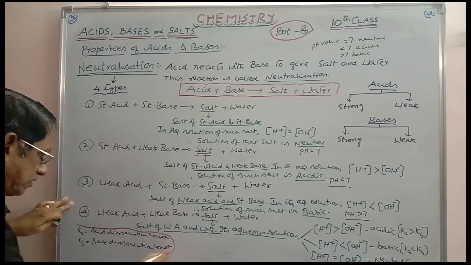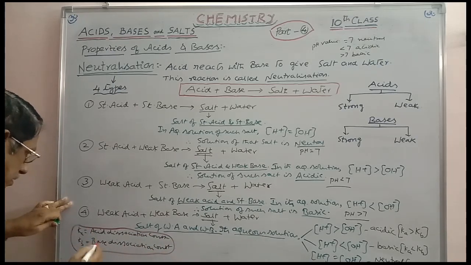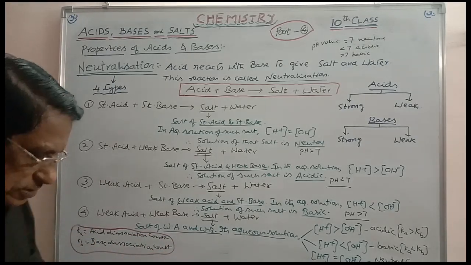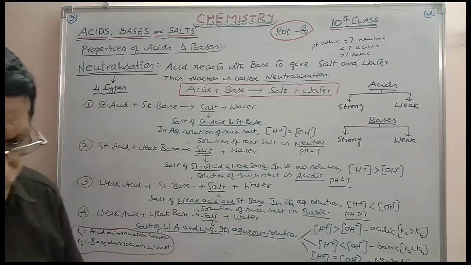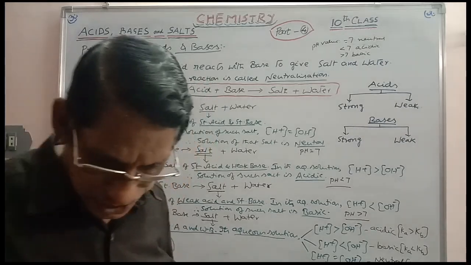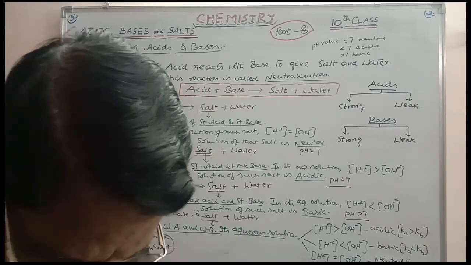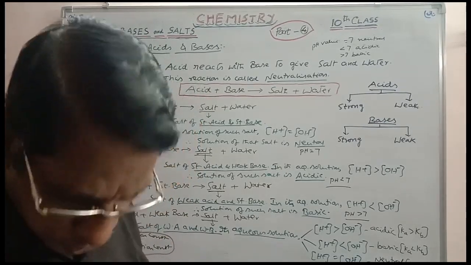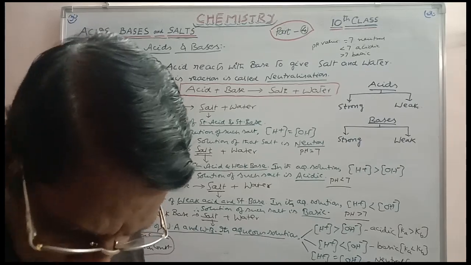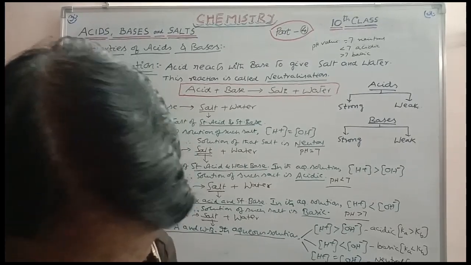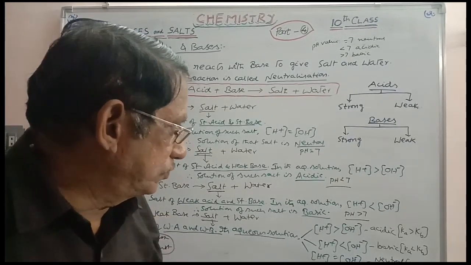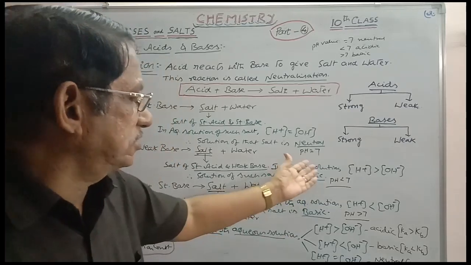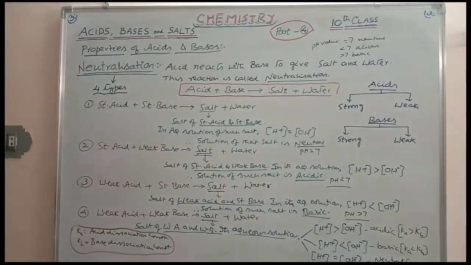This is another topic. Every weak acid and every weak base will have their own Ka and Kb values. They are constants. So basing on the Ka value and Kb value, we can easily guess whether the solution is acidic, basic or neutral, etc. So please note it down. If the time permits, we will discuss some examples here. Please note it.